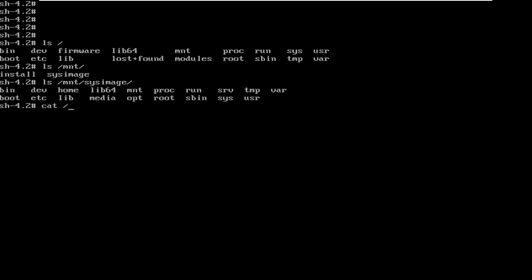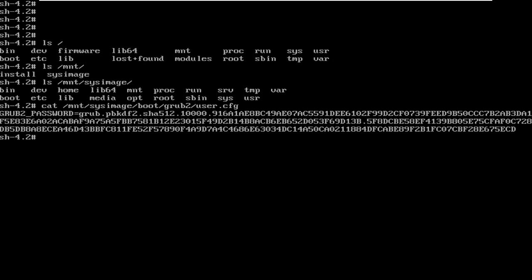So our system is under /mnt/sysimage, and under that we have a directory boot, and under that we have a grub2 directory where we have the password file. The password file is user.cfg. So if I check this file, I can see the password. Now it is hashed, so I cannot reverse it, but what I can do is remove this file.